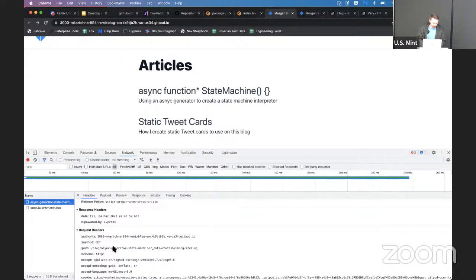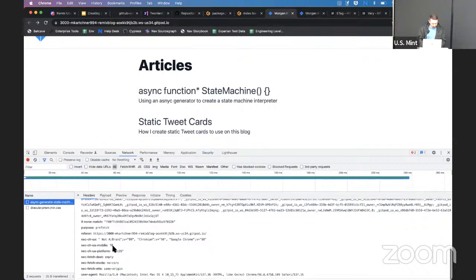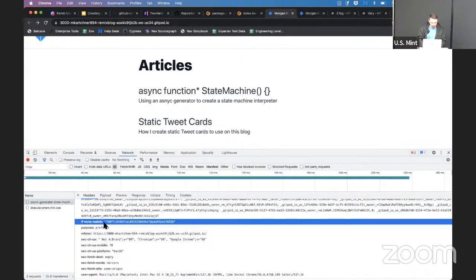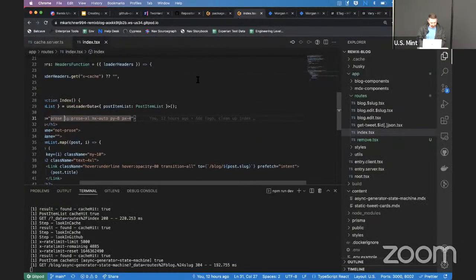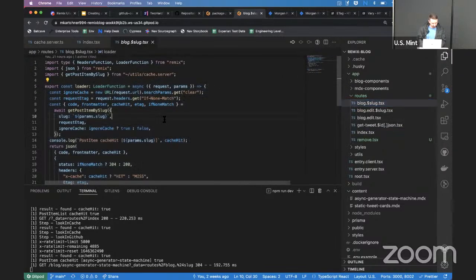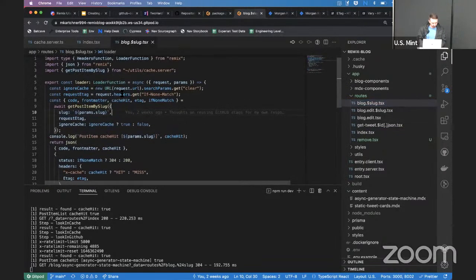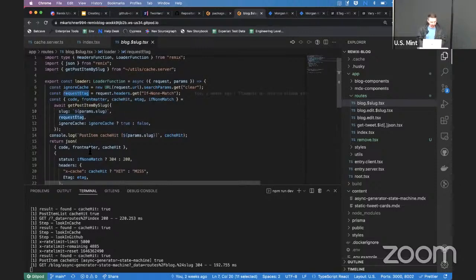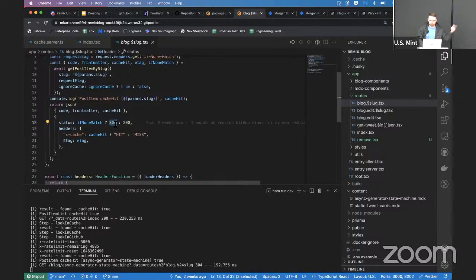So it can then send an if-none-match header in the request with that E tag, and we can look it up. Let's look at it in here. All right, we can look it up in the loader for the blog post and say, hey, if this is the same E tag that's in my cache, then I can just send a 304 back with an empty body and make it even that much quicker.